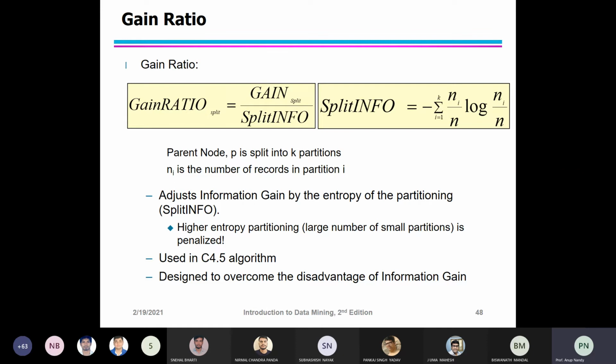So you adjust the information gain by the entropy of the partitioning, the split information, and higher entropy partitioning is penalized. It is used in C4.5, and is designed to overcome the disadvantage of information gain.